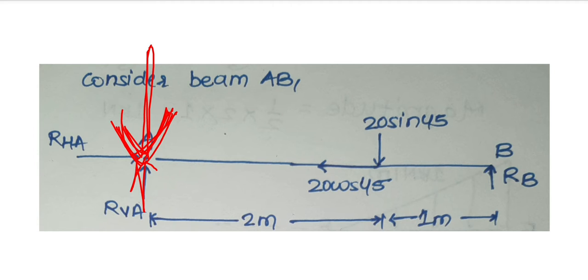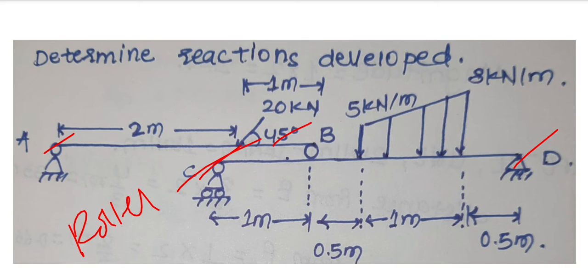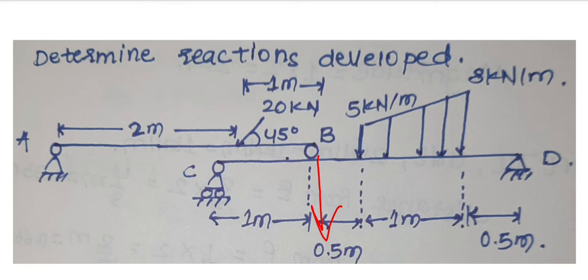Now let's move forward. We have solved everything about beam AB. Now we will consider beam CD. At point C there is a roller support. At point B there is a roller support, and it was acting in the vertically upward direction for AB, so for beam CD it will be in the vertically downward direction. So we get RB in this manner here. And at point D there is a simple support in the vertically upward direction, so we get RD.